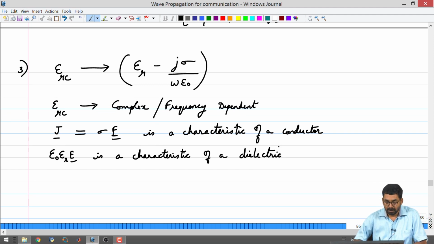So, there is some term corresponding to characteristics of a conductor, and some term corresponding to characteristics of a dielectric, in the most generic case where you write down the complex permittivity. Now, the question is the material,